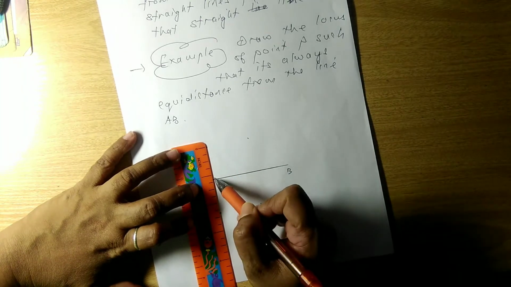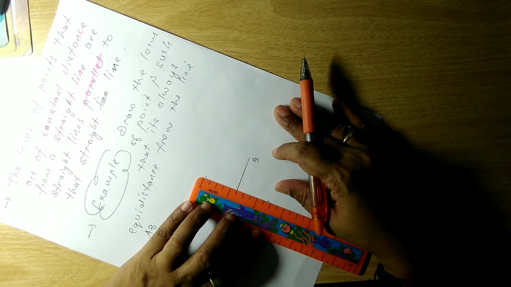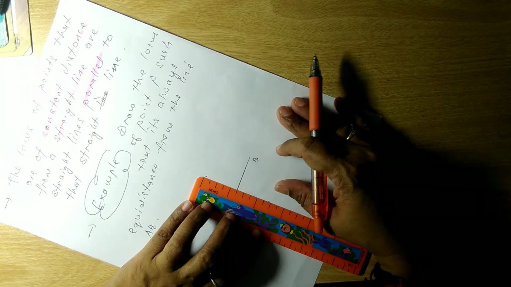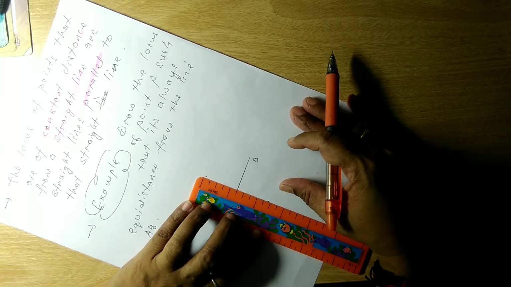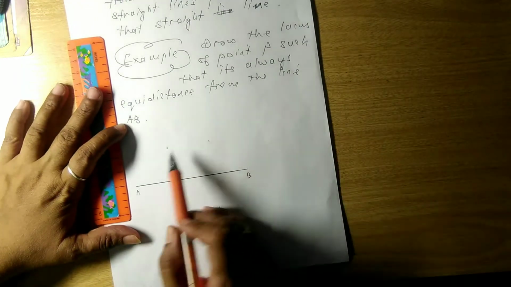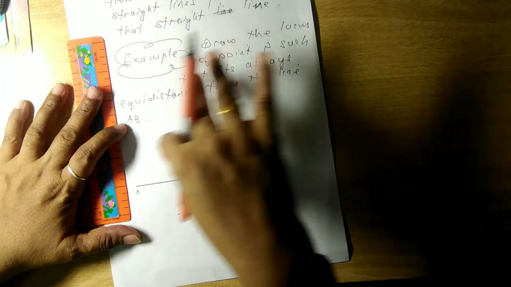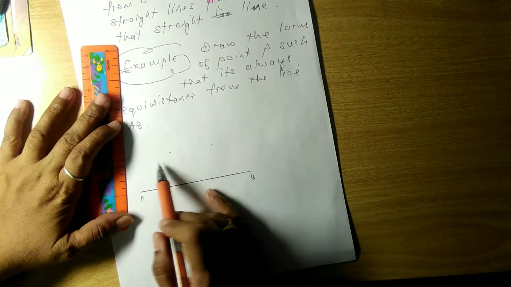So when you measure here and when you actually measure here, the points are about the same. So now what happens is, when you actually connect, this point is actually moving constantly above and below the line. Because we want this distance to be the same, so what happens when we actually connect,